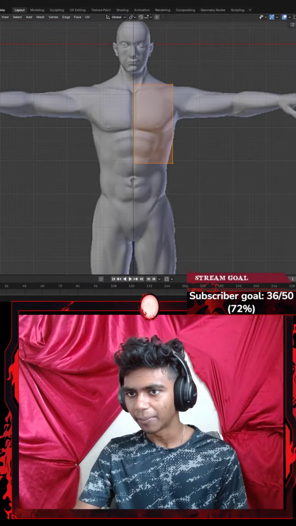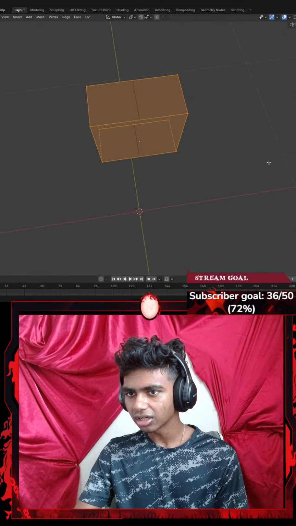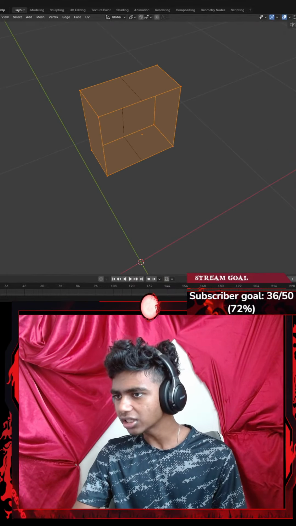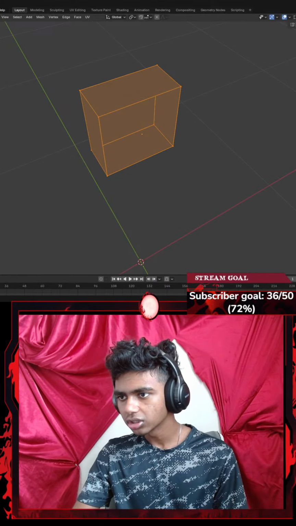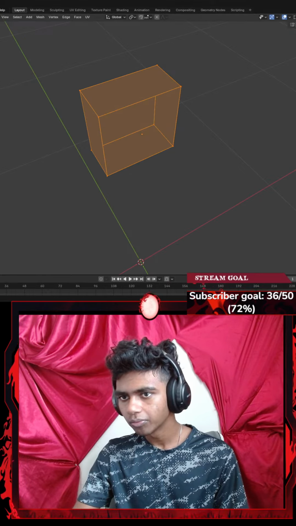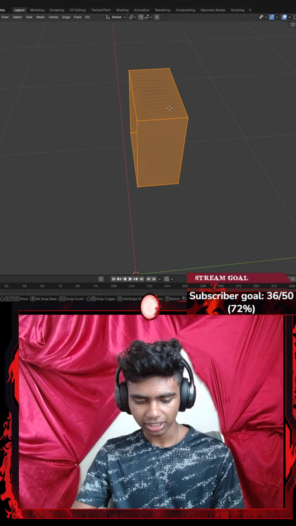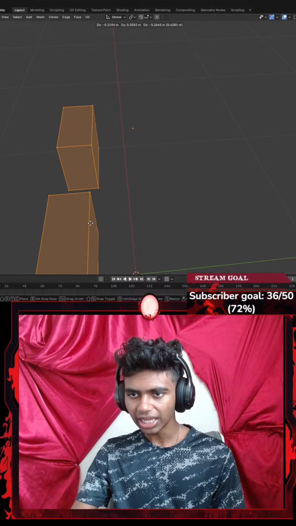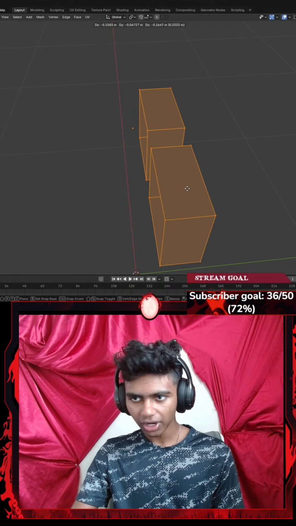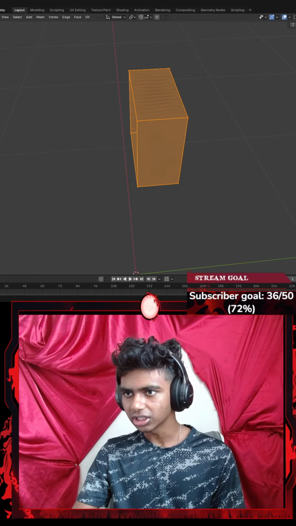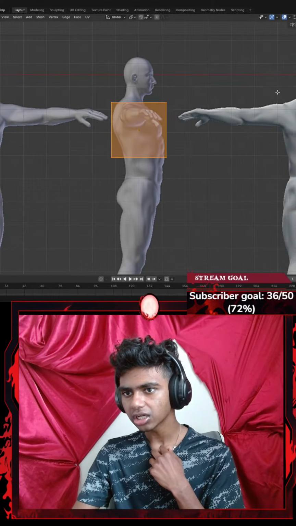Now I'm going to bisect that in the x-axis. This should work. I should see that it goes this side. Why is it not coming in front? Maybe let's add it this side. Here's the thing with the mirror modifier. What if I go with G? It increases in the x-axis. Why not in the y-axis? Let's go with Control Z. So that is my y-axis.